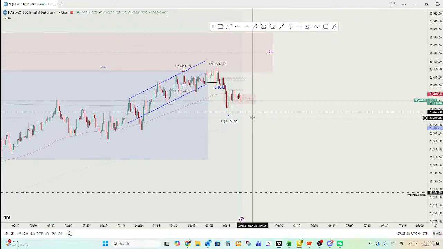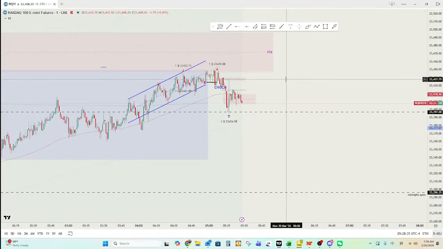The maximum I had was 40 points, like $800, but I didn't take it, so I ended up at around 4-5 points, which means